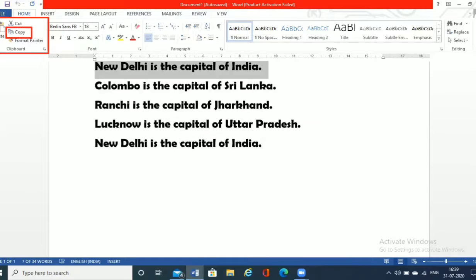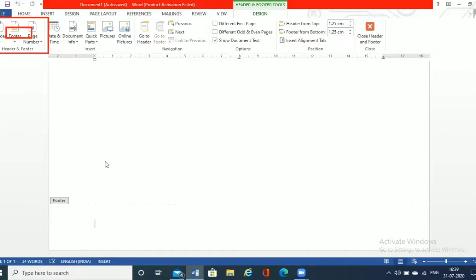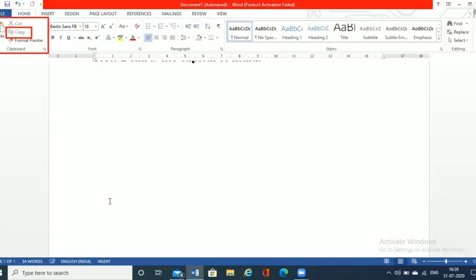Now I want to paste it at the end of the page. So I will bring my cursor towards the end of the page and click here. As soon as I click, my cursor starts blinking here. Once it's blinking, I'll go once again to the clipboard option, and under the clipboard option, I'll click on paste.